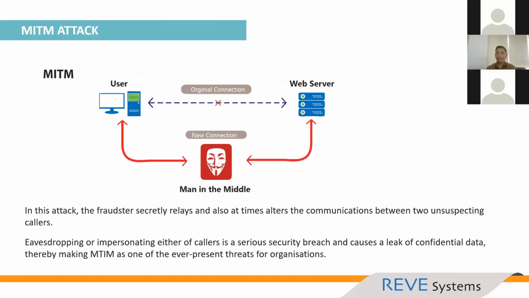Then man in the middle attack, that is MITM attack, that we have already talked about in the eavesdropping and the transmission issue, that someone in the middle of your network is putting a device to capture the network information. You can do the data encryption for this type of hacking, so that when anyone puts a device onto your network, if you do the data encryption, then your data will remain safe and you can be secured from the MITM attack.